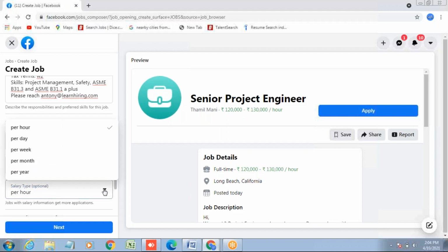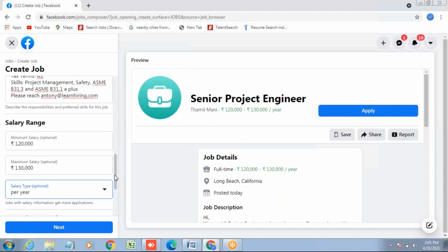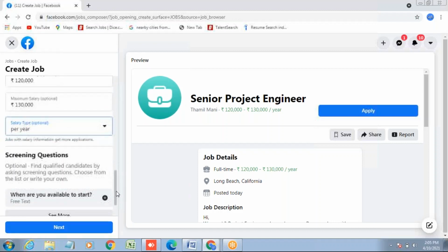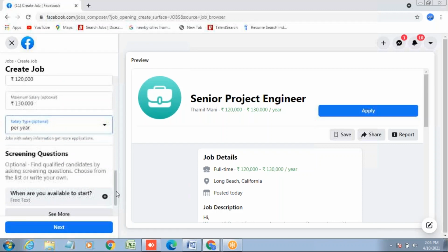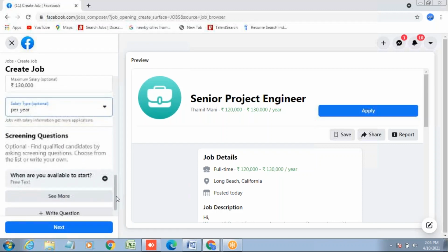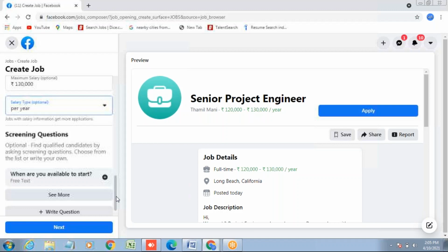Salary type, that is full time, so it is per year. So when you are available to start, correct? Yes, sir. Please scroll below.